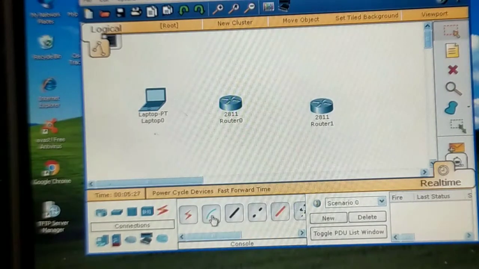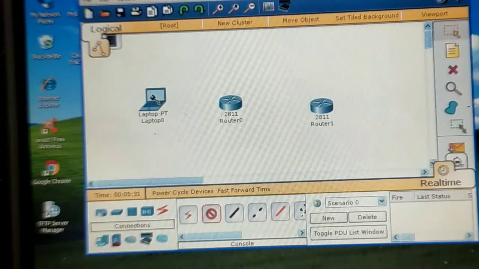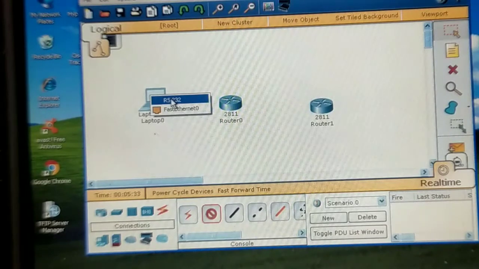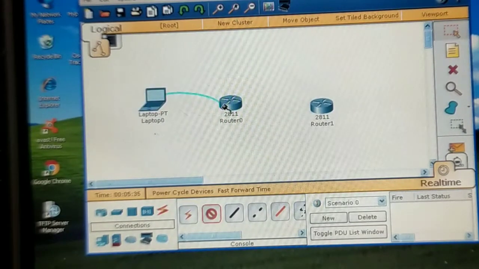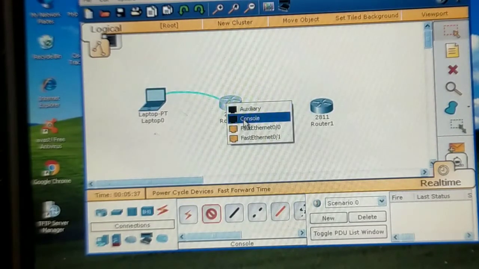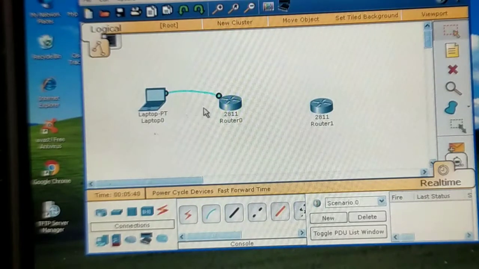Okay, so I am selecting this console cable, and then I am attaching my laptop's RS232, which means serial port, to our router's console port. So this is the console connection that we have established, and by the help of this connection we can configure our router.